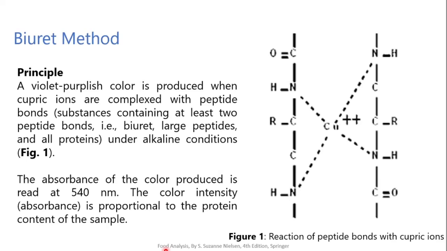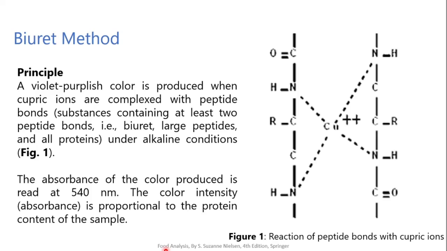Now the next one is the biuret method. The biuret method is the method in which a violet purple color is produced when cupric ions complex with the peptide bonds. So the substances must contain at least two peptide bonds. If you see this figure, the copper forms a chelate, or we can say a complex, with the peptide nitrogens